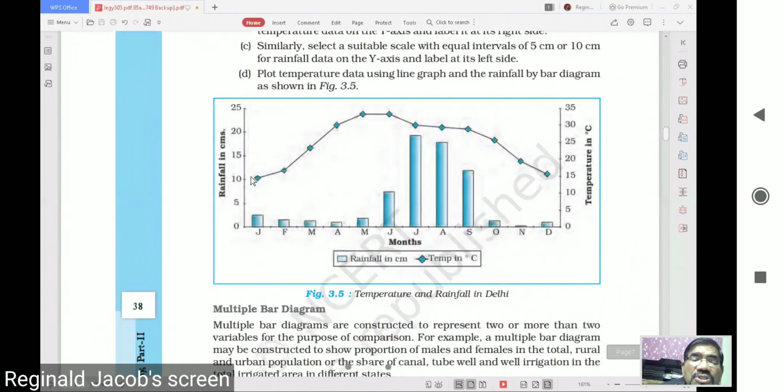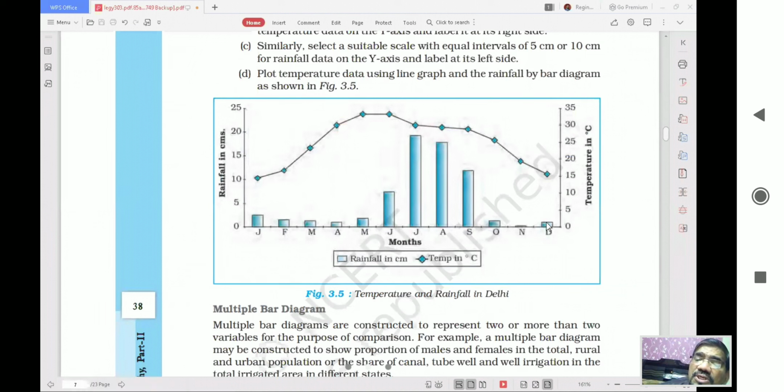So you can see this is the temperature and this is the rainfall. All of them have to be shown. You have to construct a bar diagram, which you already know how to construct. If we had a class in the school, I could have also drawn it for you. And I have already sent you 2 videos regarding this, how it has to be drawn. So if you look at those links, a video is being drawn and shown, the line graph, the bar graph. In the same manner, plotting is to be done, and the plotting is to be done in the center. So together it makes a line graph and bar graph.